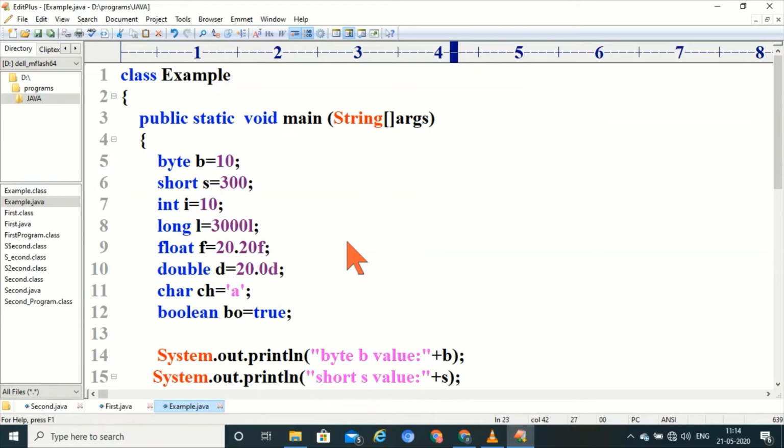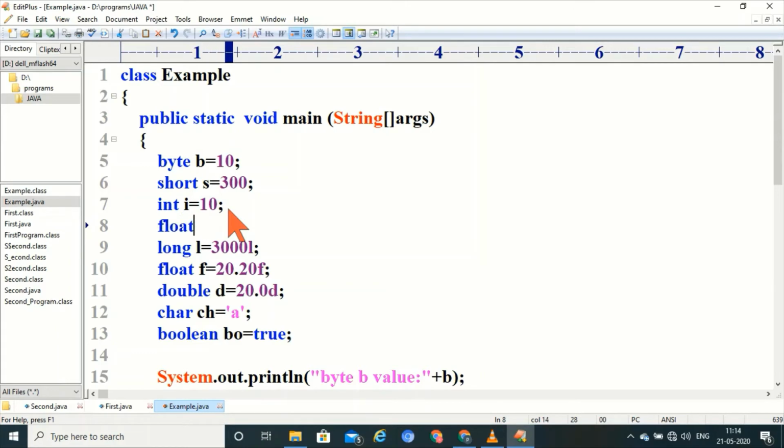For example, int size is 4 bytes, long size is 8 bytes. I am converting 4 bytes of data to 8 bytes of data. Then there is no loss of data, so it will convert automatically. So that is called implicit type conversion. Let's see an example.